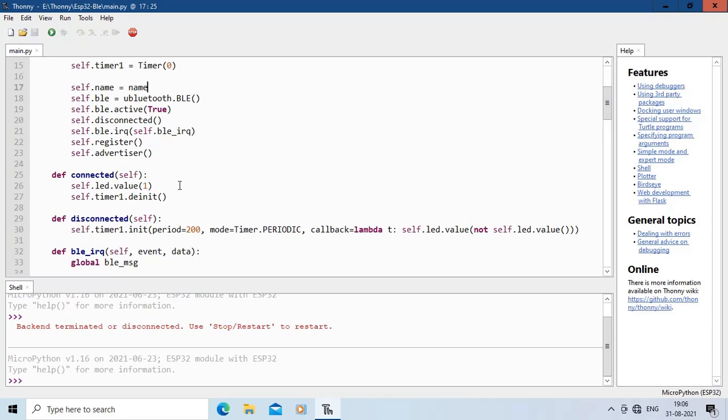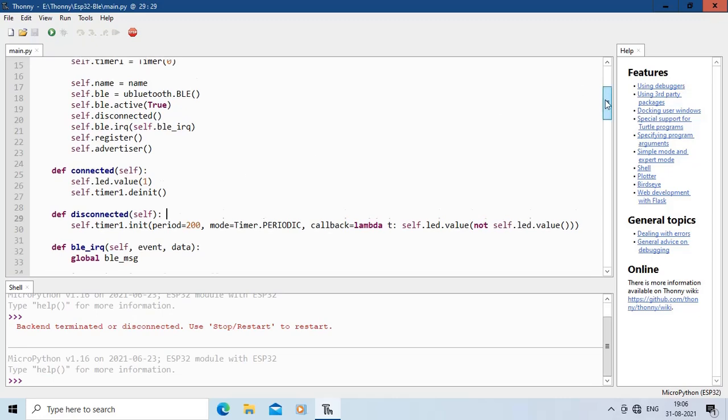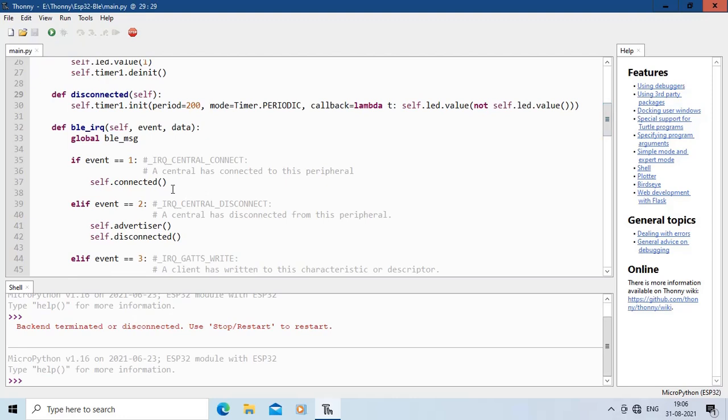So here is the function for connecting the device over BLE and this is the function for disconnection. This is the interrupt service routine for the BLE events.